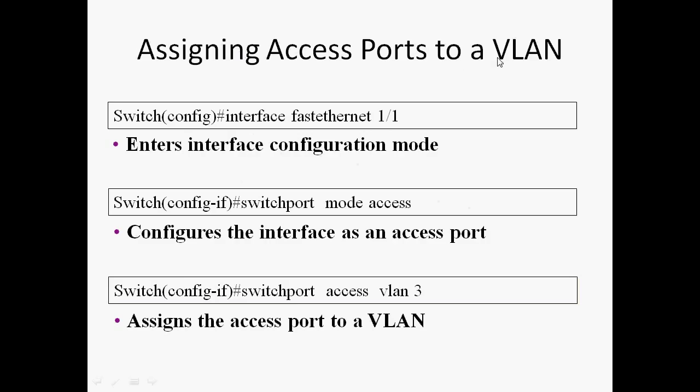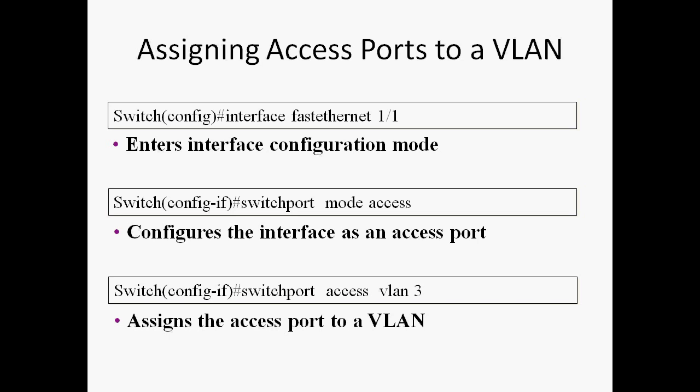Assigning an access port to a VLAN. If the switch is connected to a PC, those ports are access ports. If we connect switch to switch, that port is assigned as a trunk port. So how to configure an access port? From switch config, which is global mode,